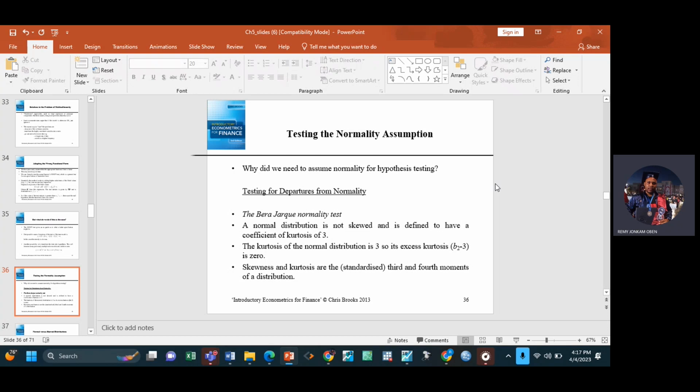Okay. Now, what is skewness? What is kurtosis? With skewness, for normally distributed data, skewness should be 0. With kurtosis, for normally distributed data, kurtosis should be 3. We say it is mesokurtic, normally distributed. But if kurtosis is above 3, then it means we have excess positive kurtosis, so it is leptokurtic. If kurtosis is below 3, it means we have excess negative kurtosis, which means it is platykurtic, right?